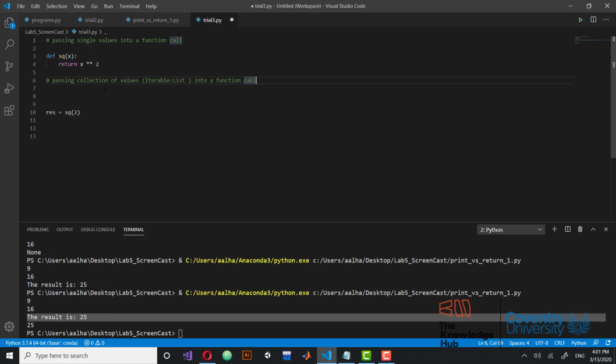So in order to pass a list into a function call, the first noticeable thing that you need to understand is the function definition itself should accept lists in the first place. Okay, in order to be able to pass a list into a function call, the function definition itself should accept lists in the first place, meaning that when you define this function,